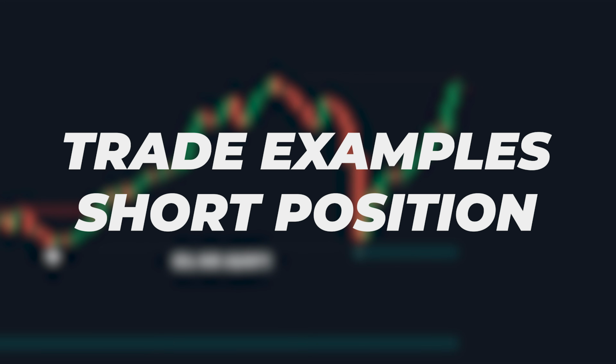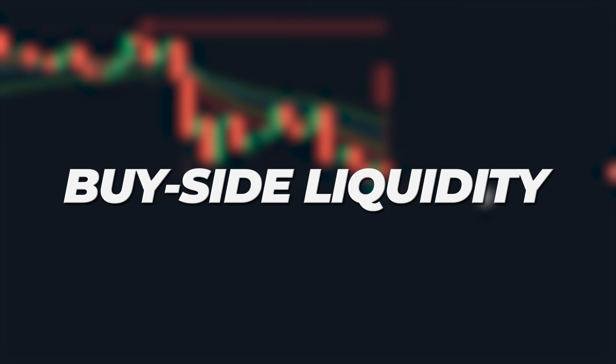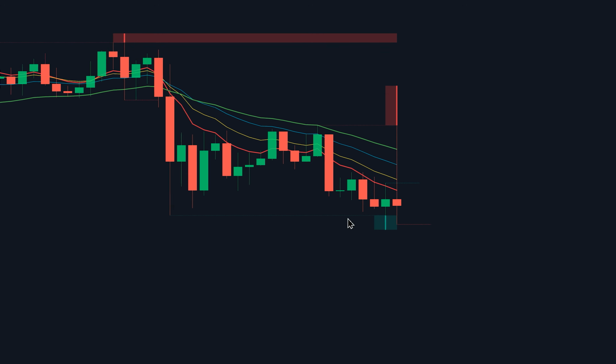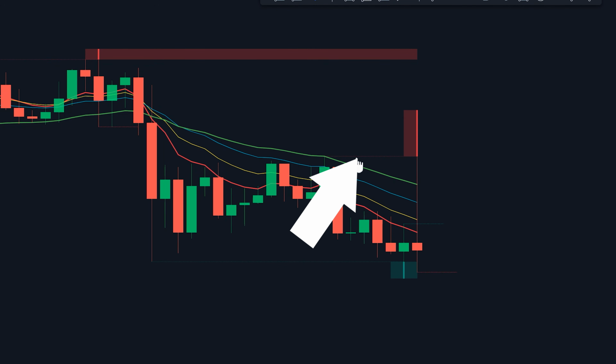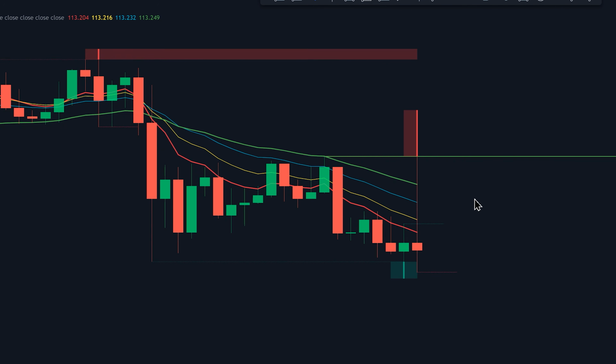To take a short position, we're going to do the opposite. So first, we identify a buy-side liquidity sweep. For that, we're going to be using the LuxAlgo Liquidity Sweeps Indicator. This thin red line represents a buy-side liquidity level. If I hide the indicator itself, you can see that this wick is really huge and goes beyond this level. This is a liquidity sweep, specifically a buy-side liquidity sweep, which is going to give us an opportunity to take